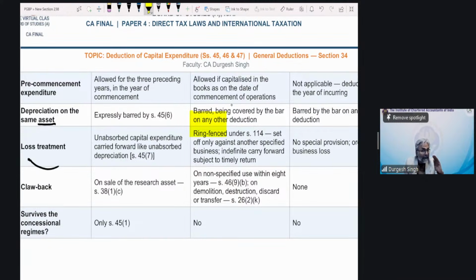No other income would be allowed to be set off, even though, for example, students, you may have got some non-specified business. So from the non-specified business, students, can you do the set off of this expenditure? And the answer is no, students. So it is only from the specified business income that the deduction would be allowed. Is that point clear to all of you?